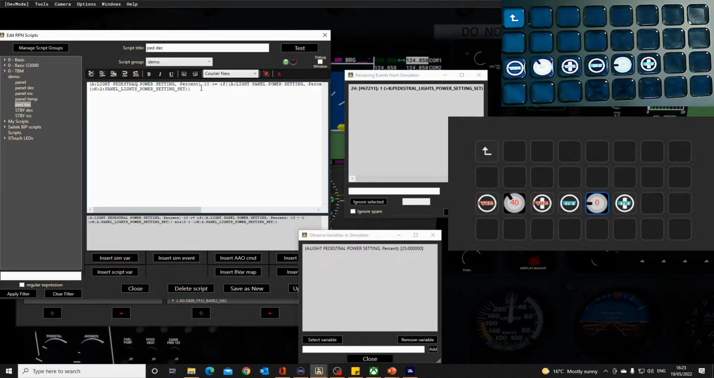Pedestal, and again it says panel here. Pedestal. And the event was not panel light power setting, but pedestal light power setting. And on the else version, again, not panel, but pedestal. And we'll update that